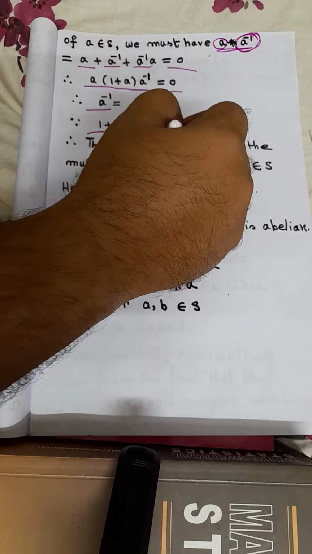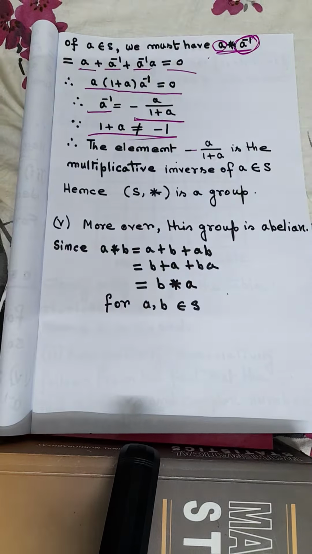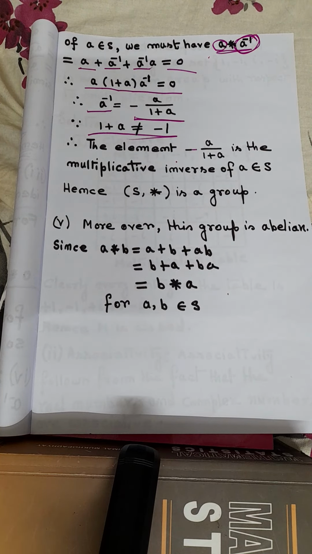Then the element minus a divided by 1 plus a should be the inverse of a, correct? So here the inverse also exists. So we can say the binary operation a star b equal to a plus b plus ab